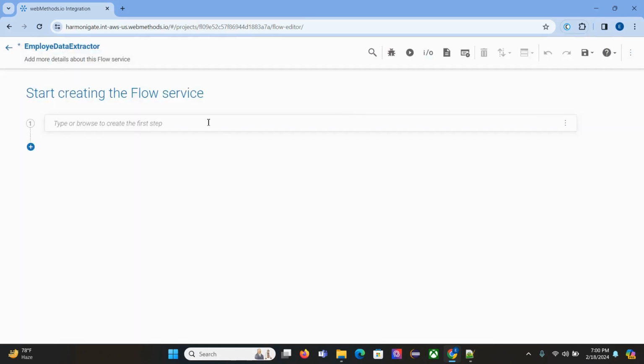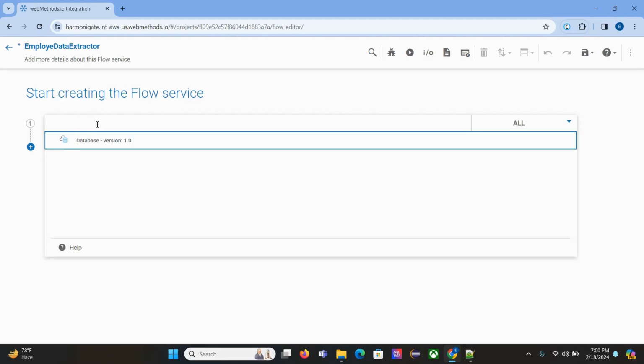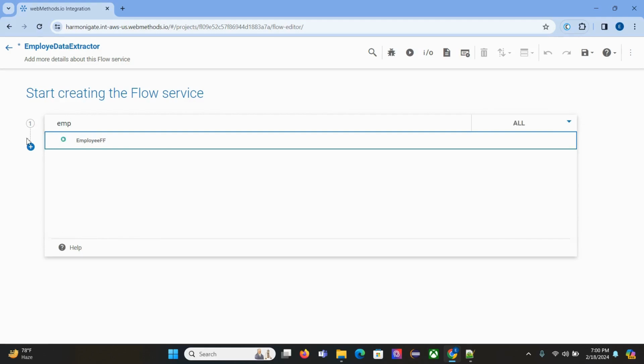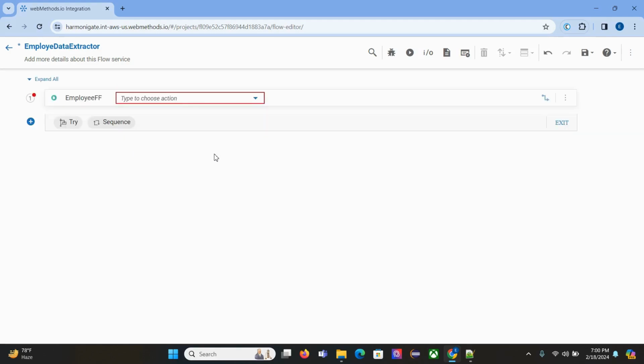Click done. Okay, now if you will see, you can actually search your employee connector here. Just search it with employee. Yeah, you can see your connector is available here. Select that one and you will see those two operations here as well. Okay, so we will be converting that to document because we have our raw data. So if you have the document generated and you want to convert that to a flat file, that also you can do. Okay, so just select this convert flat file to document,